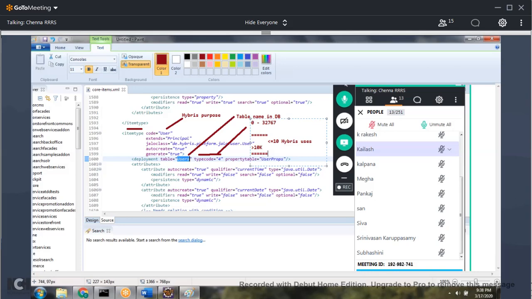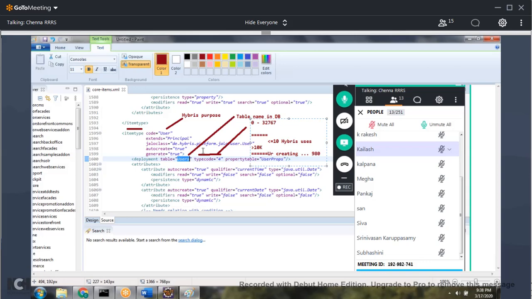Let's say you are creating a deployment and you have given 980. It may work today, because assume that Hybris did not use 980. Even though it is working today, still it is not advisable.